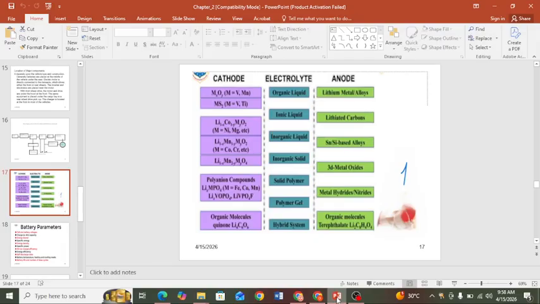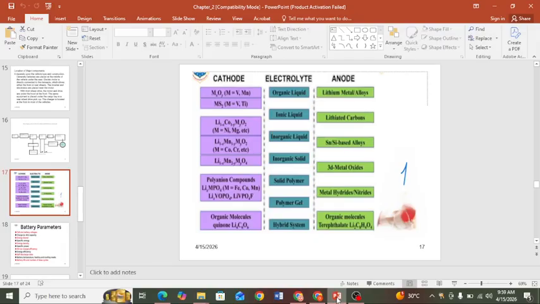So how does it work? Batteries come in different kinds: lead acid batteries, electrolyte batteries, and galvanized cell batteries, which help supply electrical energy for the motion of the electric vehicle. In front of you is shown the electrolyte, the difference between the cathode and anode, which is helpful for different kinds of